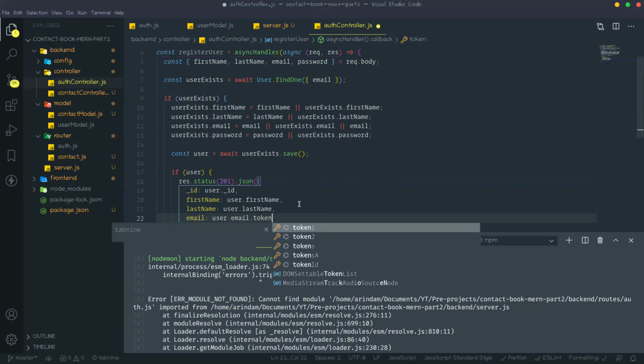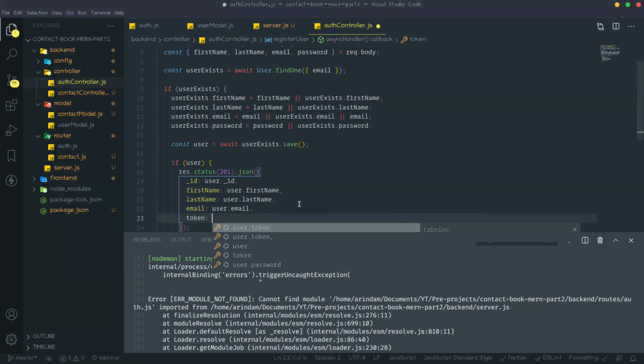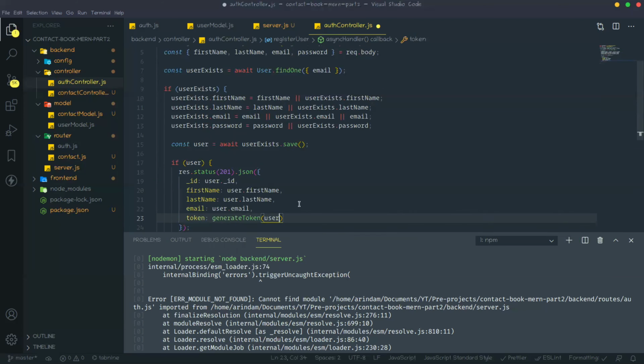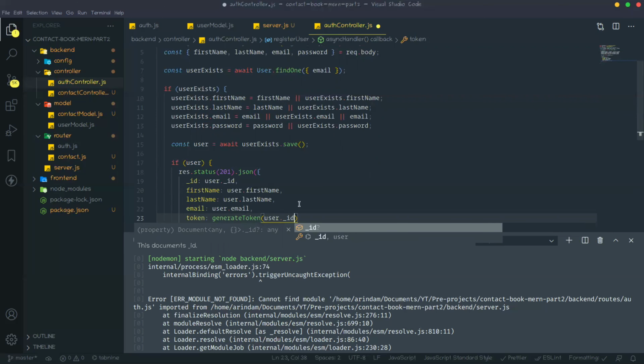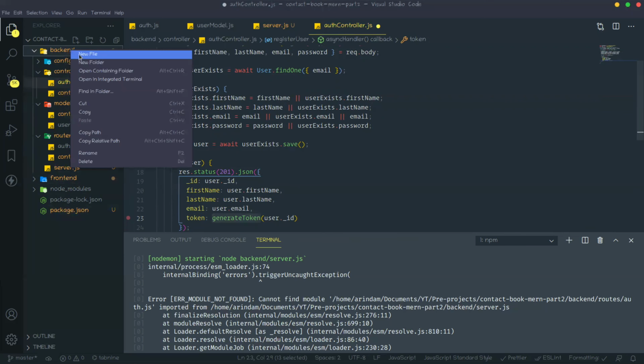So generateToken user.id, this generateToken will come from another folder. So we need to create another folder in this backend.